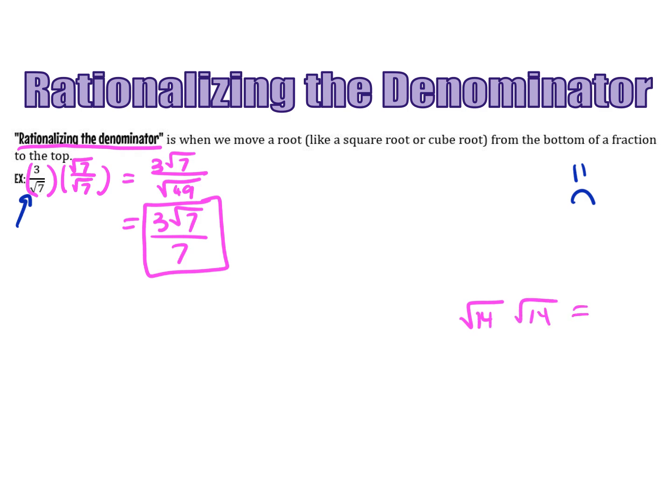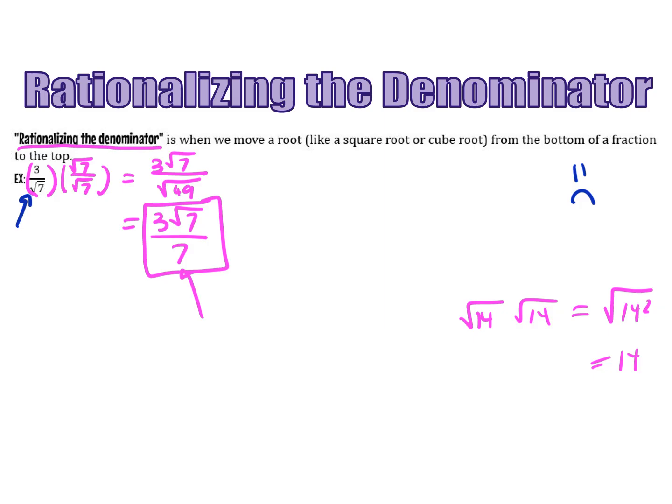I would get really just the square root of 14 squared, which is just going to give us 14. So this process of rationalizing the denominator is always going to work just like this. We're always going to end up with that number that was left inside. So now that we've talked about rationalizing the denominator and we've talked about the special properties of our special right